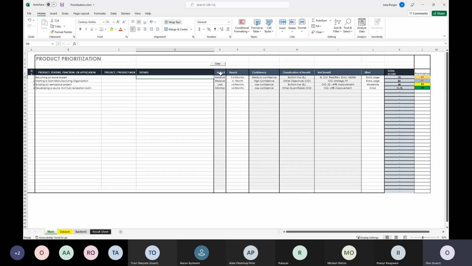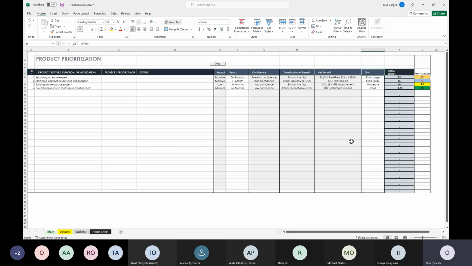As you can see, there are other columns here that talk about how we'll be measuring the priority of the items. If you know the impact of the project, you have it here. The reach is how long you think this project is going to take, the confidence level you have in carrying out this project, the benefit you may have out of carrying out the project as well.